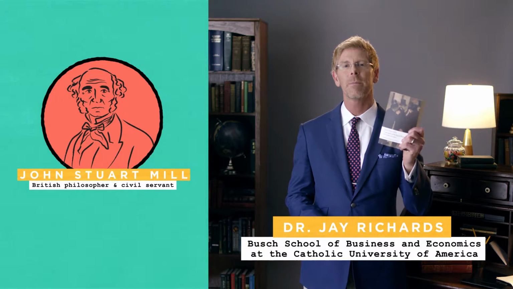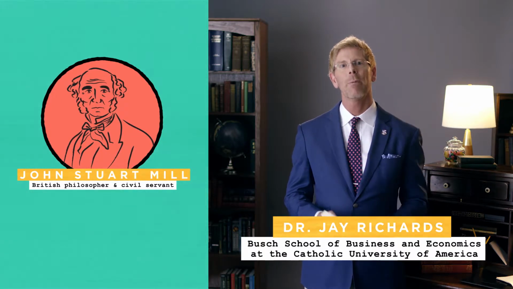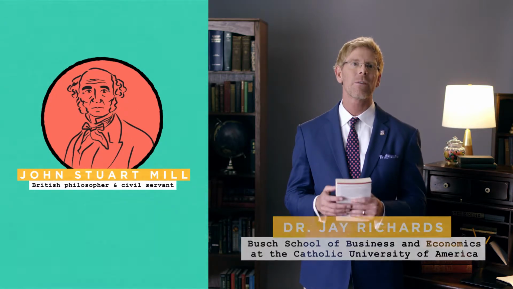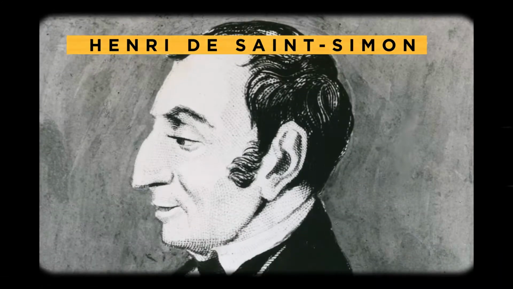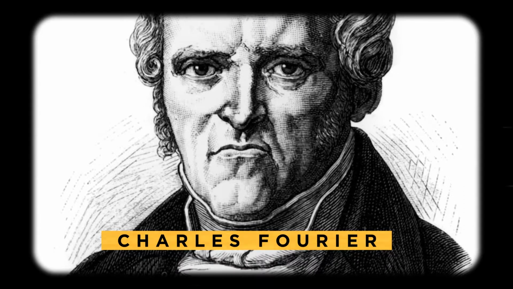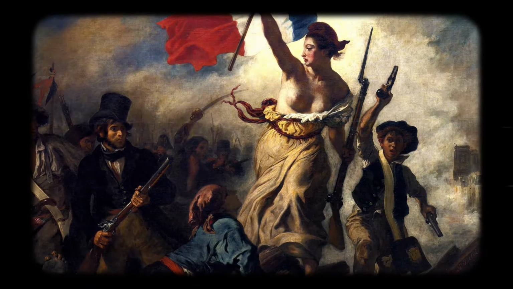In this part, we focus on John Stuart Mill's Principles of Political Economy. Our readings are from Mill's response to radical social reformers such as Robert Owen in England and Henri de Saint-Simon and Charles Fourier in France. Mill published his Principles in 1848 at the apex of the revolutionary movements that swept across Europe in the 18th